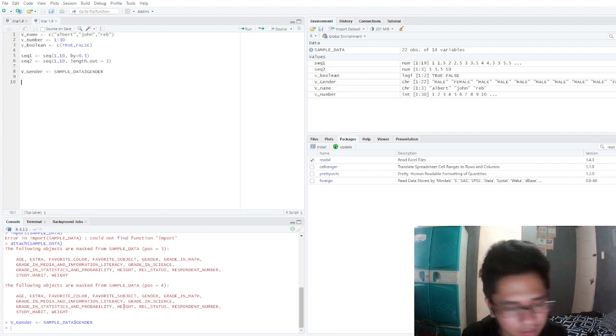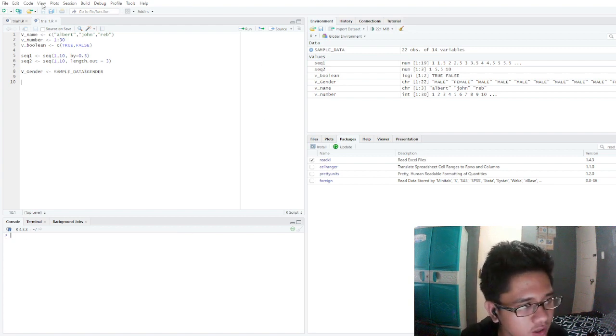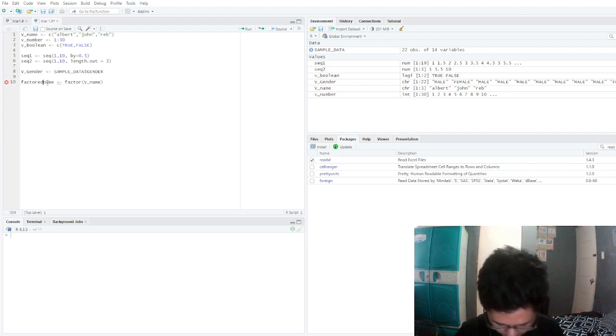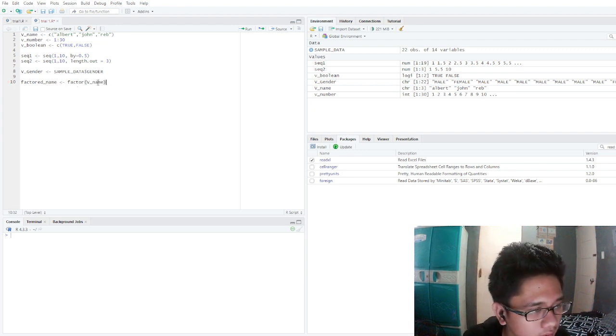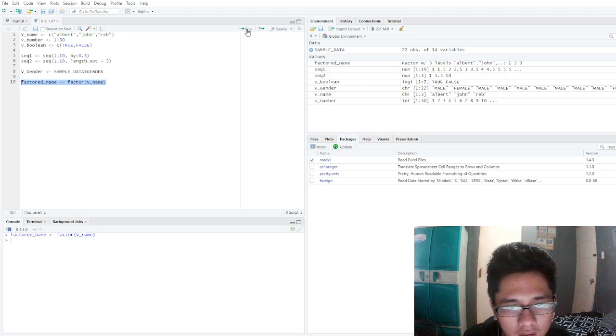To create a factor, we select factor, then factor the variable name. Let's run this. Here we have factors with different levels, ranging from 1 to 3.